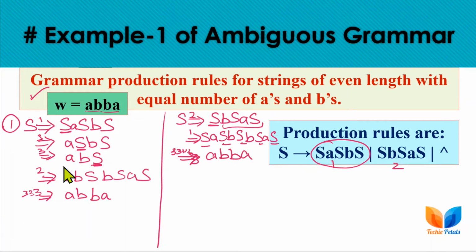So here we have two leftmost derivation paths for this particular string from the same production rules. As we have multiple production rules corresponding to the start symbol, we can start with any production rule. Here we start with the first production rule, and here we start with the second production rule. So we get two leftmost derivation paths, or we can say we have two leftmost derivation trees for this particular string. For the first, for this grammar we will have this tree